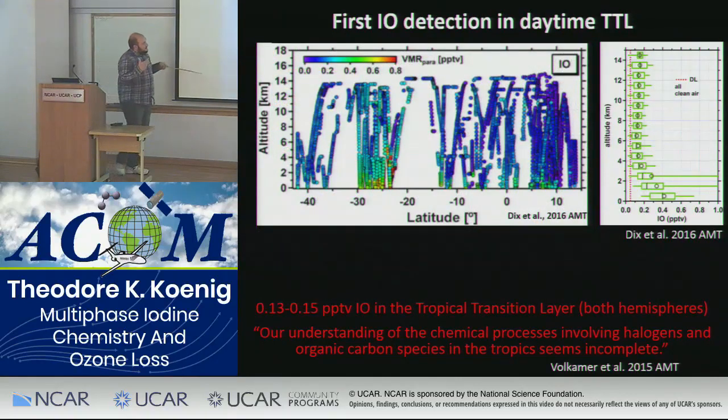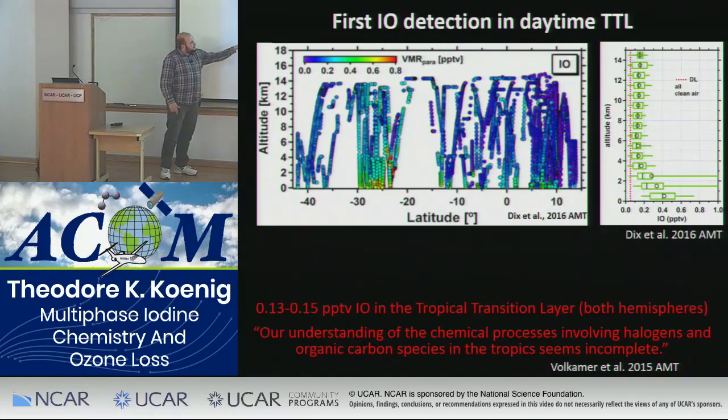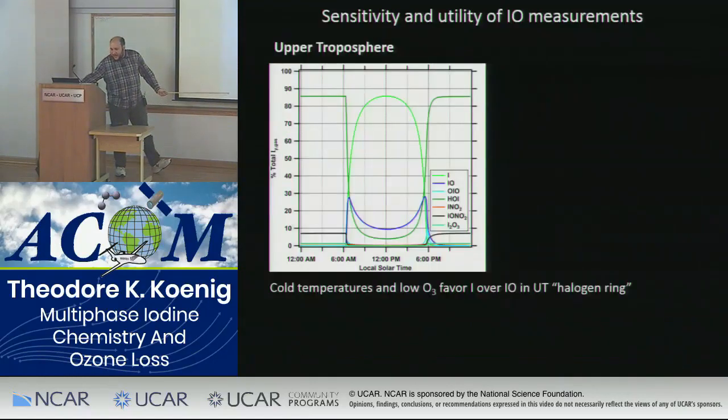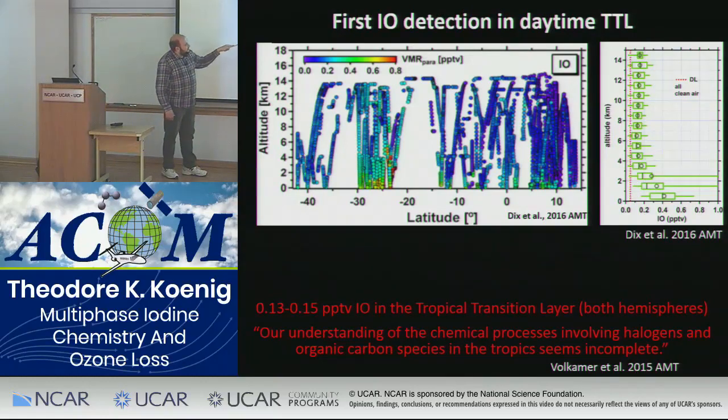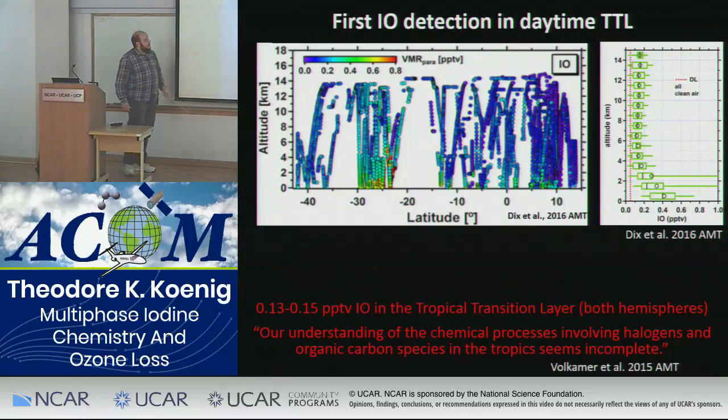And this is another look at the same data, where I just show latitude against altitude, and then I color code it by the amount of iodine we observe. And whoops, you can see that that high variability there is driven by a feature right here that I'm going to come back to later. But then we have this quite consistent, low but non-zero amount of IO through the whole troposphere.